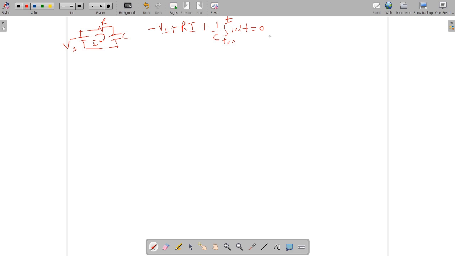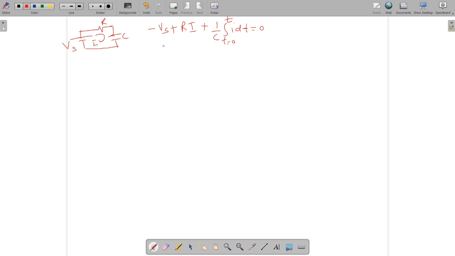t of i dt. Now this equation is very complicated, as it involves the integral term and it is very difficult to analyze. So if you want to simplify this expression, you will have to convert the domain. You will have to convert the entire circuit, the behavior of all three passive elements and the active element.